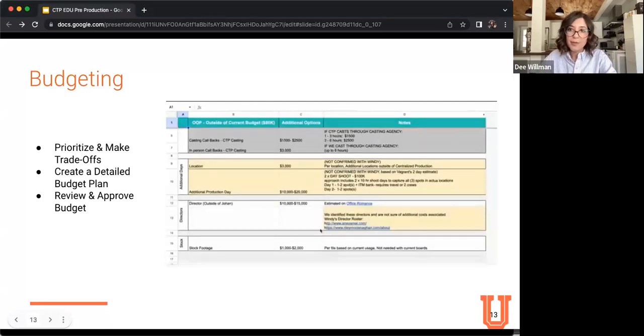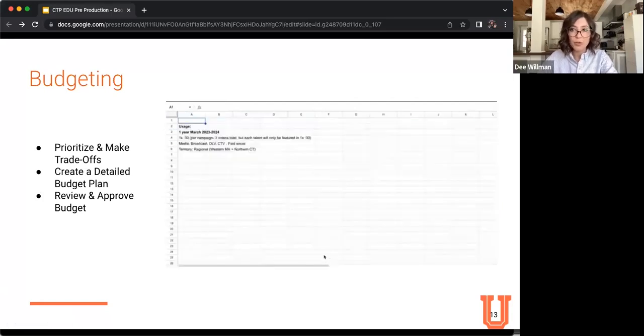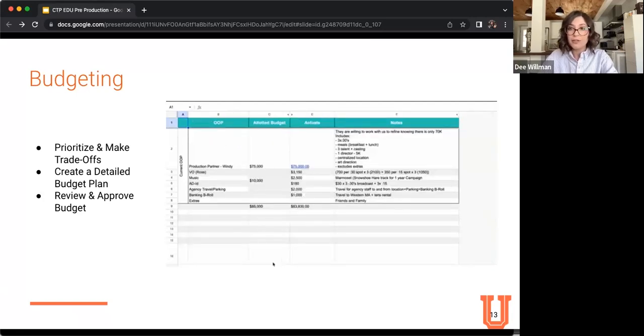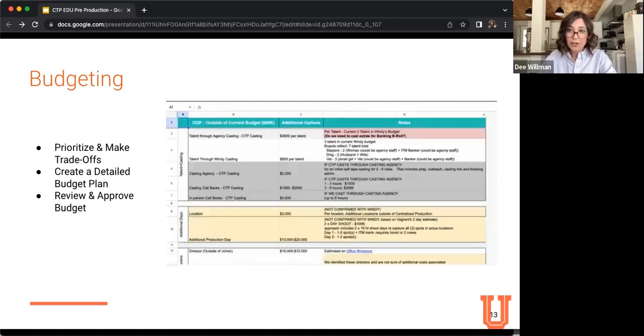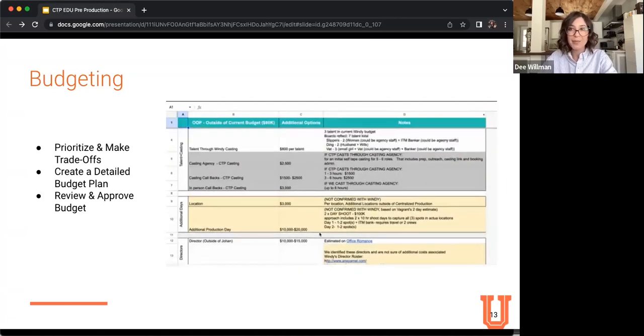So here I have an example of a budget with an a la carte menu for adding options if your client wants to cast more talent, add more locations, or consider different directors outside of their originally allotted budget. So in estimating your costs, if they exceed your budget, you want to prioritize your tasks based on their importance